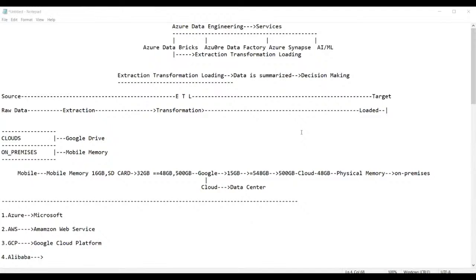Once the data is inserted, picking up the data from there, preparing or moving it into Delta Lake, and then performing the visualization, for all this process we are using ADB only. Okay, got it.